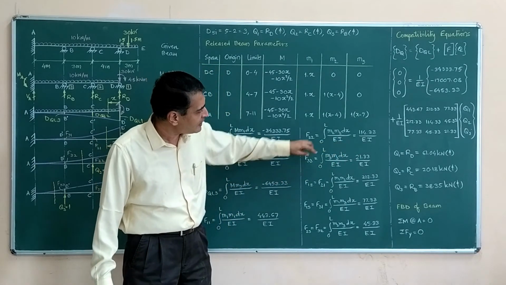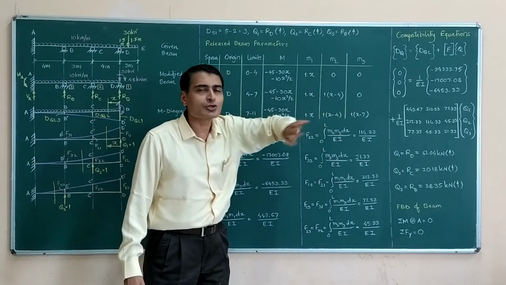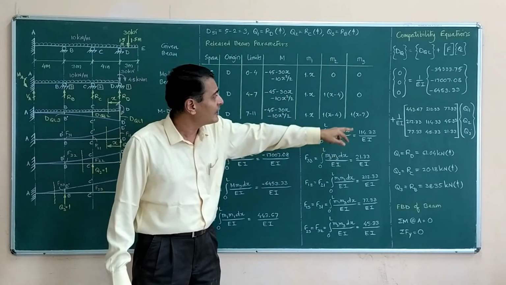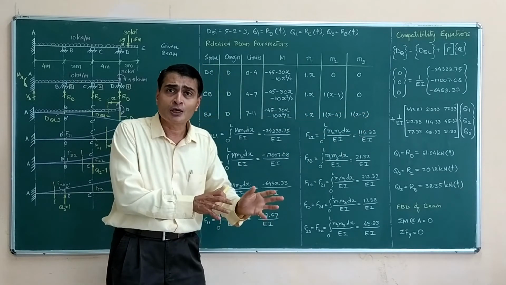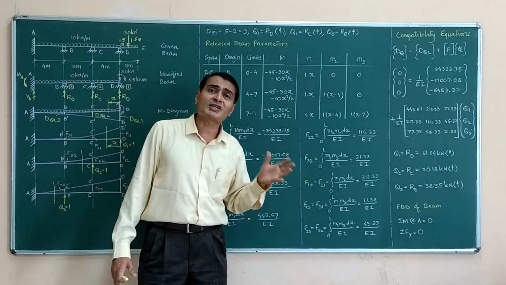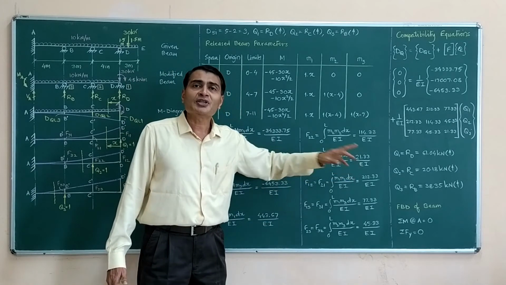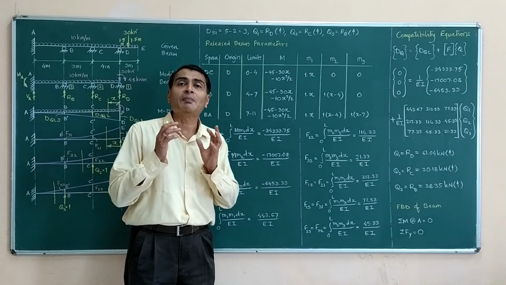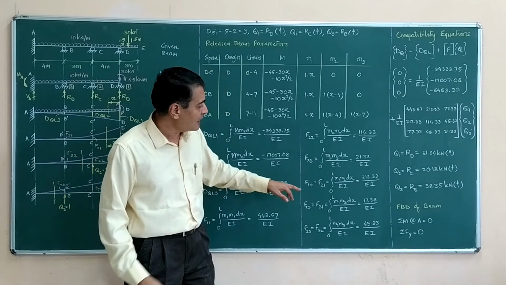Similarly, F33 is m3 squared dx over EI. For m3, this is 0, this is 0, so not to be considered under integral calculations. And then I simply have x minus 7 into x minus 7 because it is m3. So x minus 7 bracket square integral 7 to 11 with respect to x upon EI, and you are going to get this answer. In the same fashion, the way I have written, now you please calculate the remaining integrations. I am only pointing out how they are to be done.